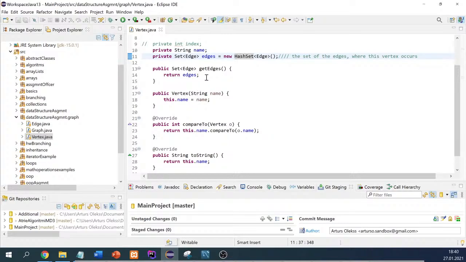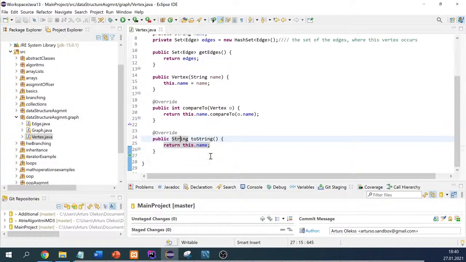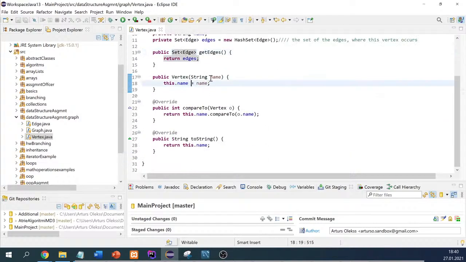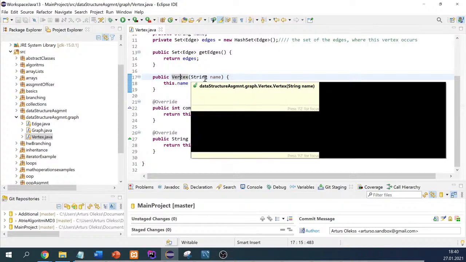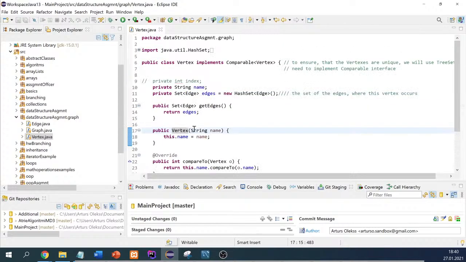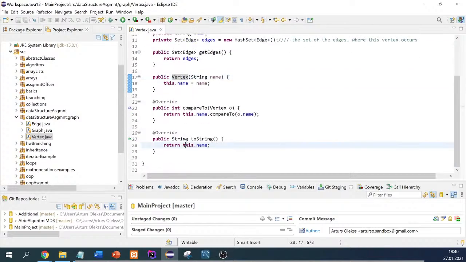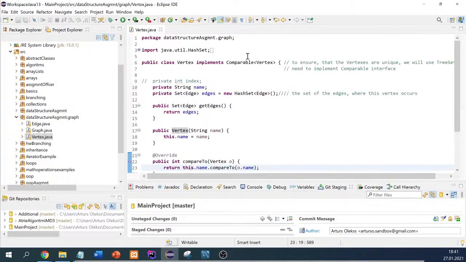And then we had the setters, the one setter for the edges, the setter for the name, basically not the setter but the constructor where we create the vertex, then we assign the name of this vertex to this object. Also toString to print our vertex. And compareTo is needed to implement the class Comparable,